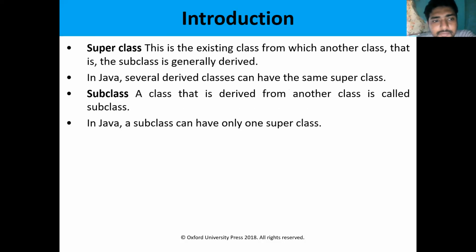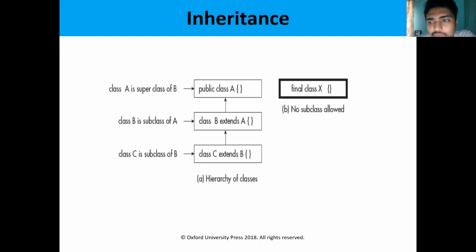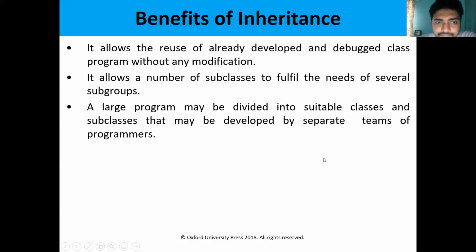That is inheritance. To perform inheritance we use the keyword extends. Suppose class B extends A. That means class B is the subclass and class A is the superclass. Class B is going to extend the properties from class A. So the variables or methods declared in class A are used by class B. This is the basic syntax of inheritance.